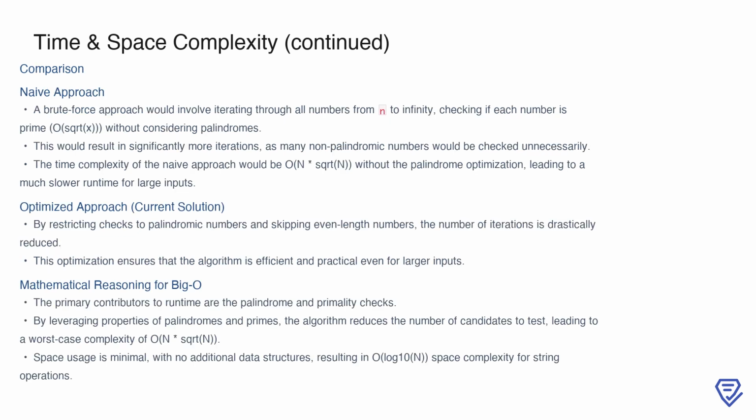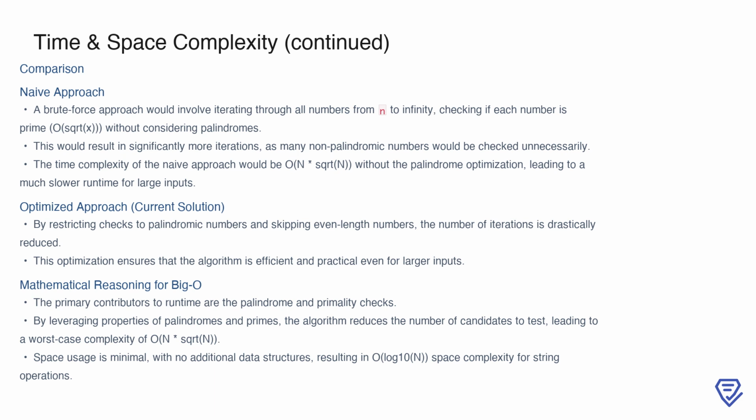To understand the advantage of this approach, let's compare it to a naive solution. A brute force method would involve iterating through all numbers starting from n, checking if each is prime. Since this approach does not restrict checks to palindromes, it would waste significant time on non-palindromic numbers. The primality test alone would require O(sqrt n) for each number, resulting in a time complexity of O(n * sqrt n)